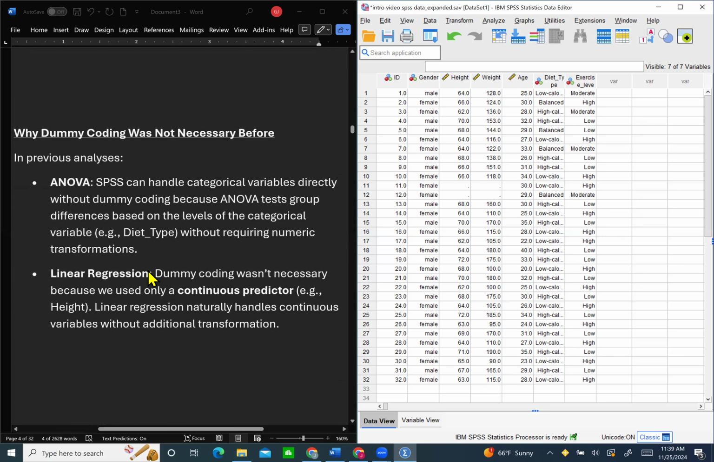So why was it not necessary before? You know, we did an ANOVA, we did a linear regression. This is a multiple regression. Why didn't we have to dummy code then? Good question. In the ANOVA, SPSS can handle categorical variables directly without dummy coding because ANOVA tests group differences based